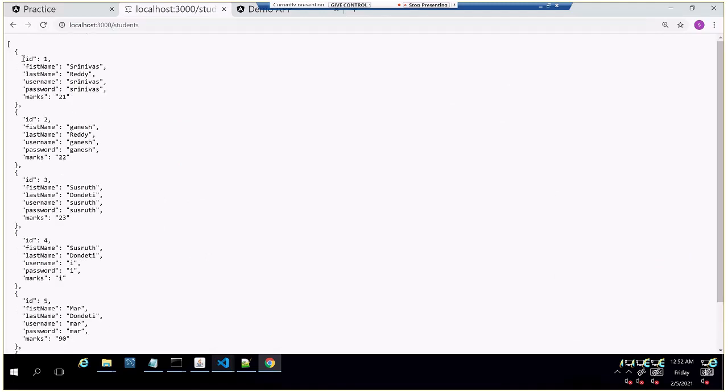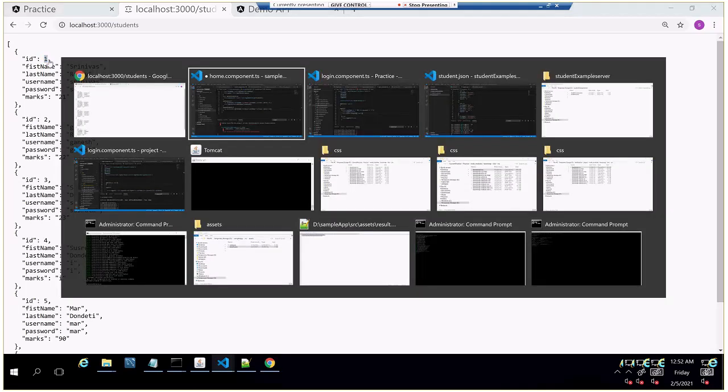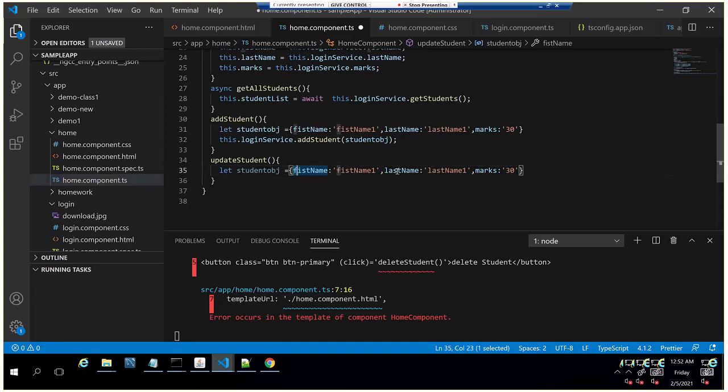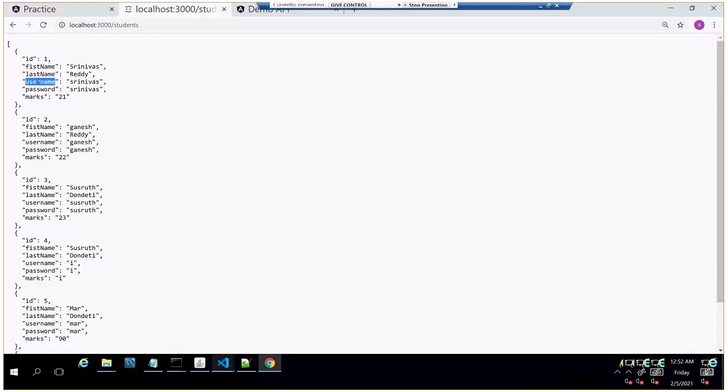So this one I am going to change the username Srinivas to Srinivas123 by using this ID 1. Now we'll create a student object with ID 1, but we'll not create the entire object as we are updating the object. It requires the primary key, the key which we are going to access, and I'll modify the username.